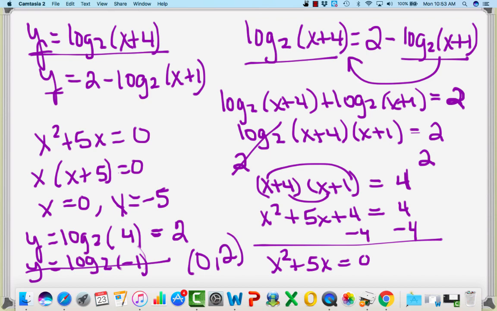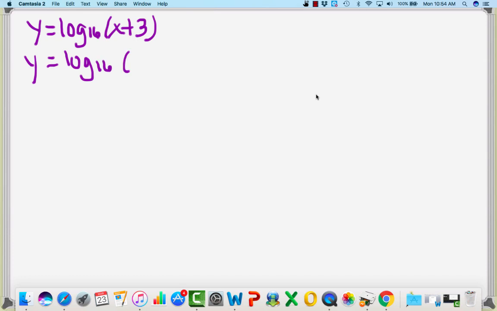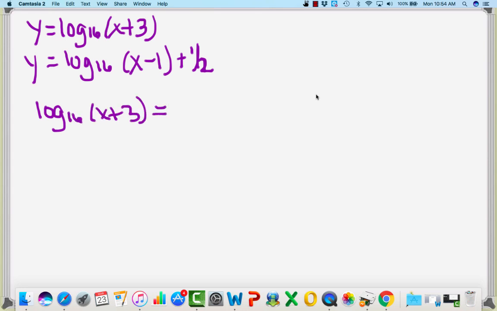So there's my solution. Our next example is also going to involve logarithms, but this time we're going to have a little different property to use when we combine our logarithms. So we've got log base 16 of x plus 3 and log base 16 of x minus 1 plus a half. So again, both of these are already set equal to y, so we'll just set the two expressions equal. Log base 16 of x plus 3 would equal log base 16 of x minus 1